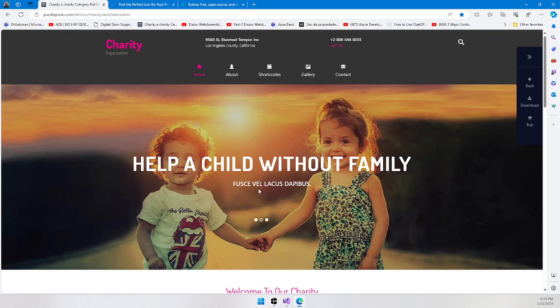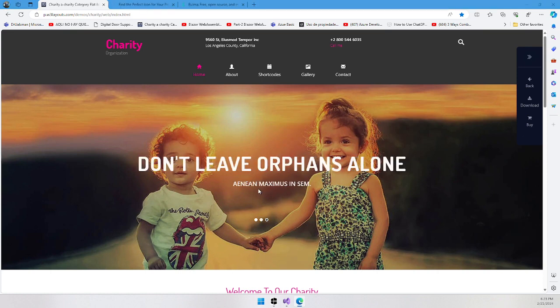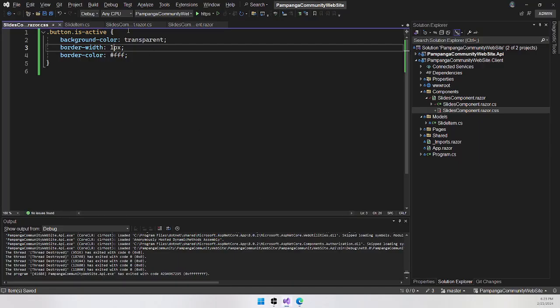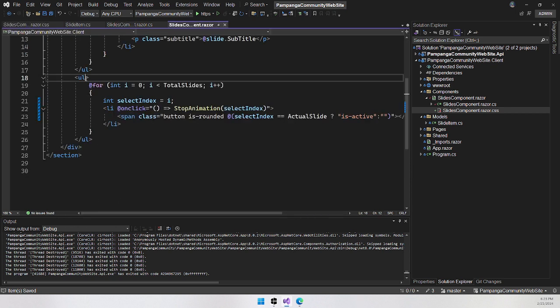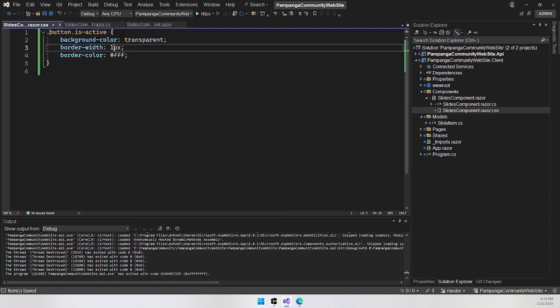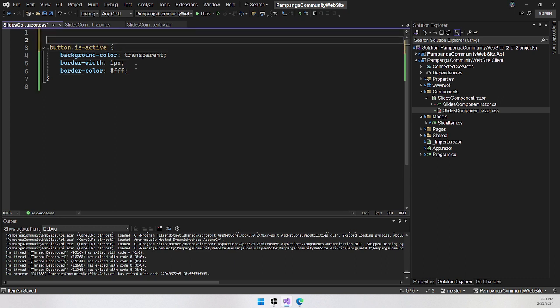Style, no? We need to style a little bit more. Okay, then this UL is in my component, so from my CSS we're going to set the UL